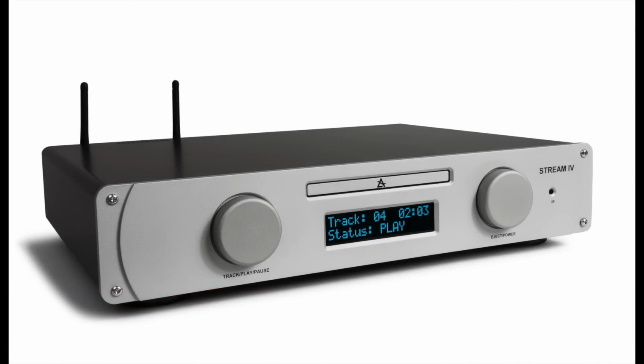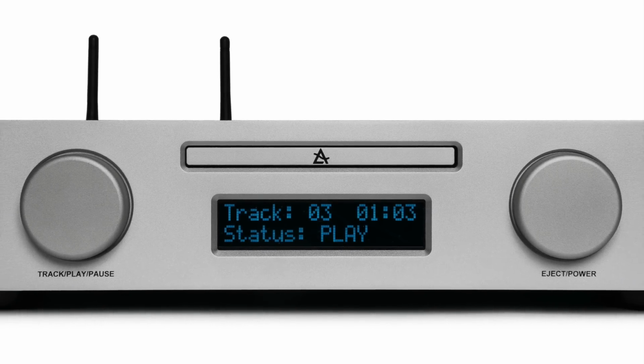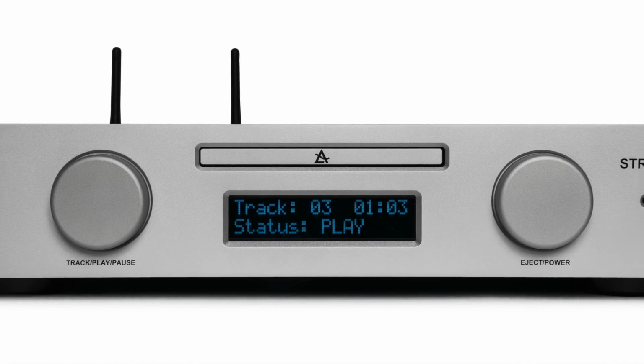And as I say, it's an all-in-one, isn't it? Well, sort of, grant you that. A digital all-in-one might be more exact. A digital hub, if you like your keywords. While there's no internal amplifier, there is an integrated CD player combined with a network-based streamer, controlled by either a phone or tablet-based app or a physical remote control, and the whole thing is based upon an ESS Sabre 918